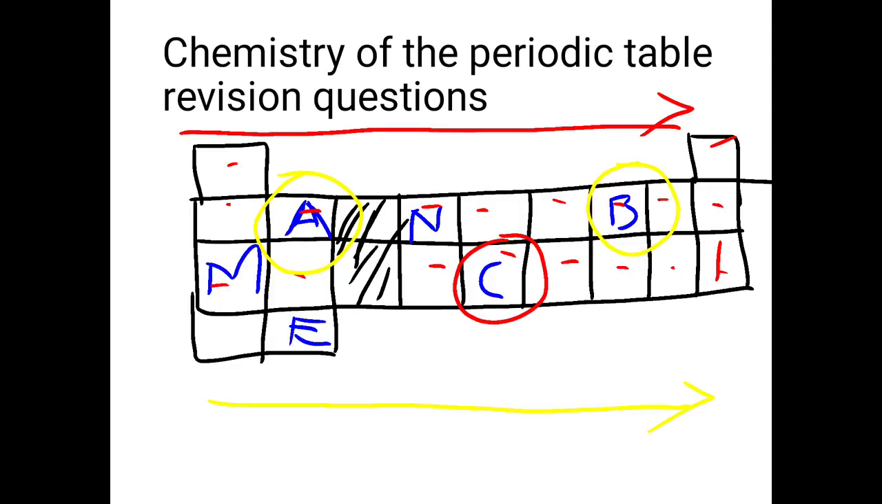Select from the grid which element is stored in paraffin in the laboratory and explain. So the answer for that one is M. M is an alkali metal, and alkali metals are very reactive. You cannot leave them exposed in air. They will just react with oxygen in the air to form their oxides. So M being sodium, potassium, and even lithium are usually stored in paraffin in the laboratory,